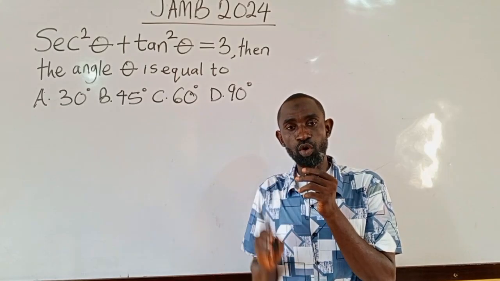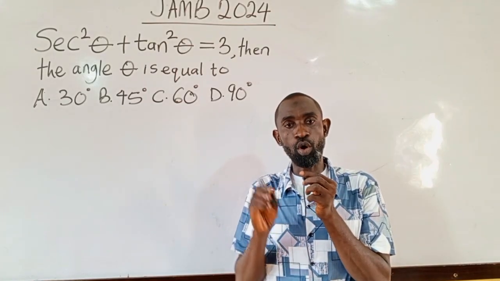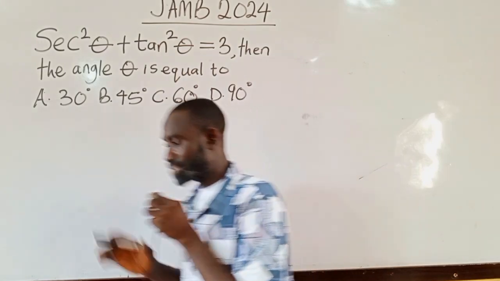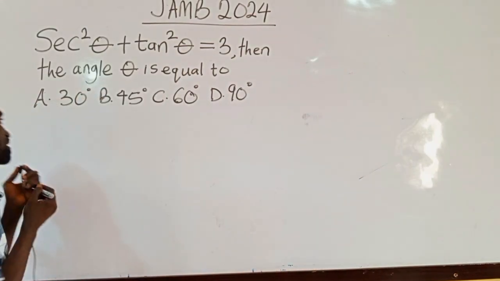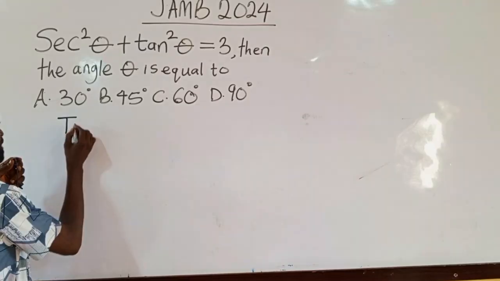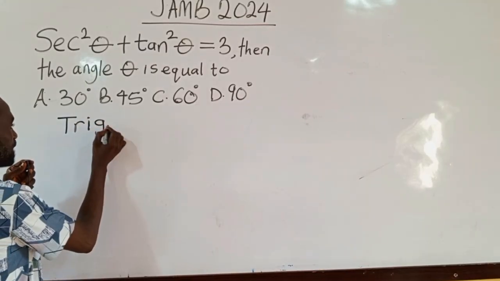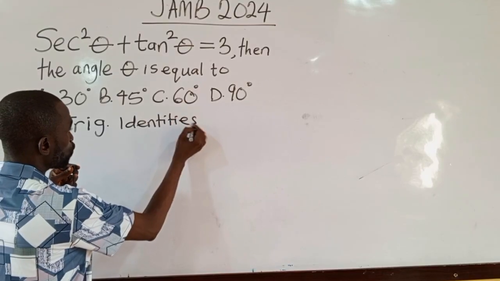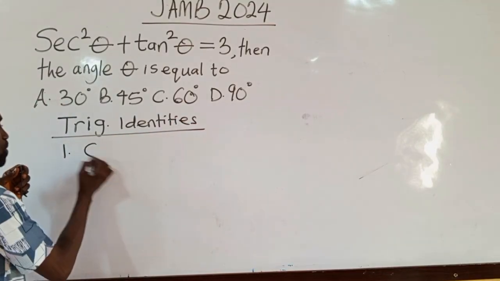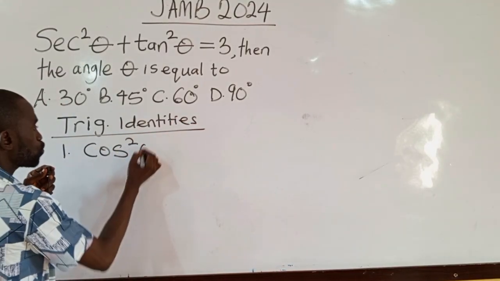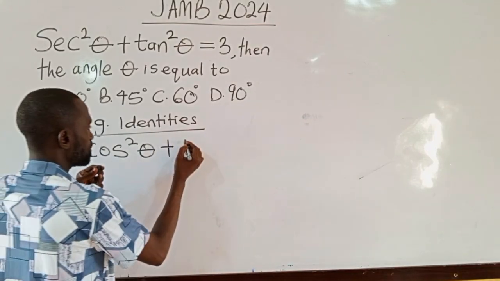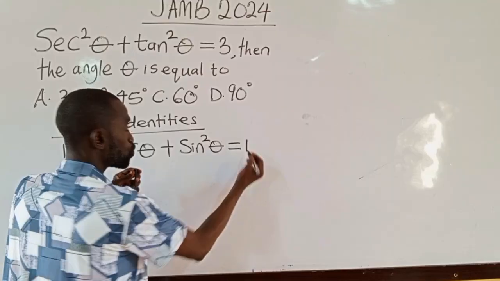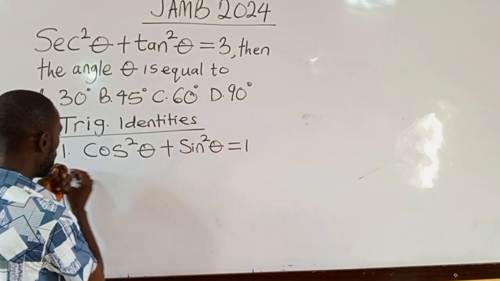This question can be solved using what we call the trigonometry identities. Let us have the trig identities. Now, what are the trig identities? We have the first one, cos²θ plus sin²θ equals 1. Then we have the second one,